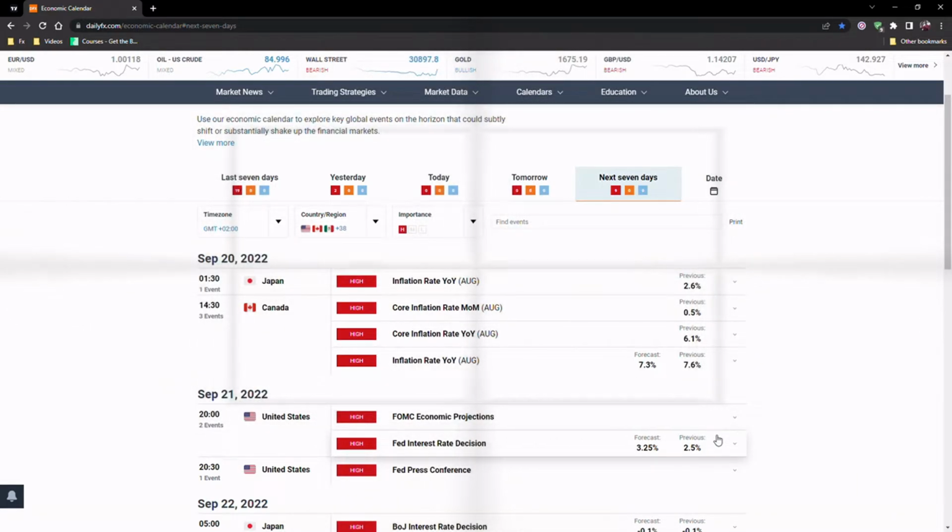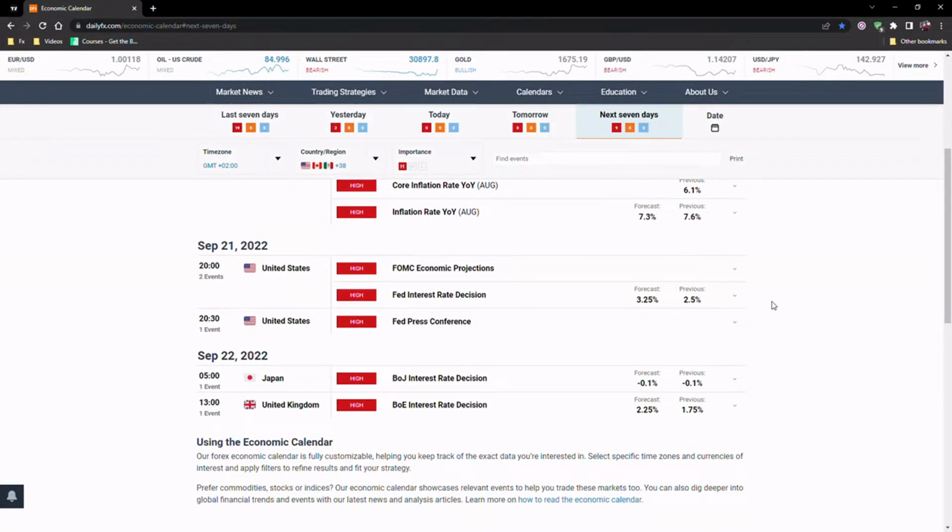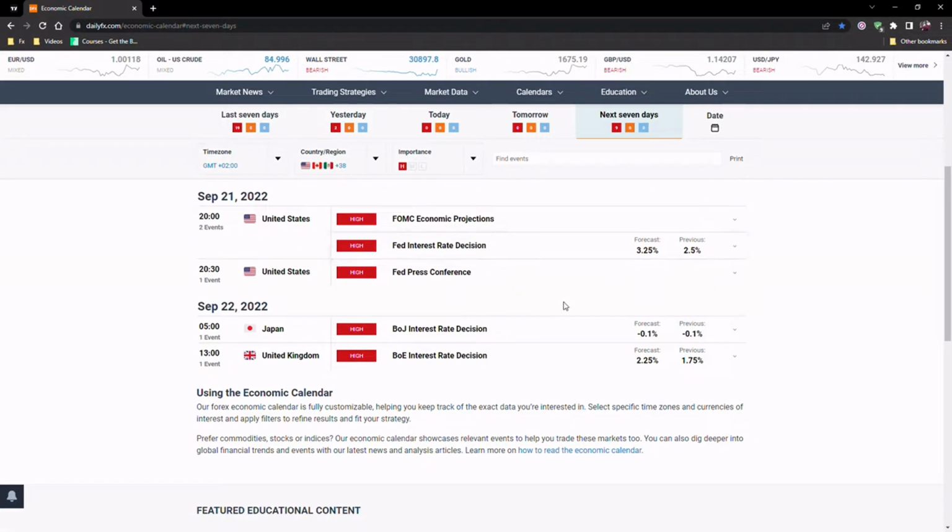Again, looking at the fundamentals for the upcoming week, you can see on the 19th we're not gonna have that much high. We're always on the high ones because the high ones have a greater impact than the medium and low. So on Tuesday we're not really gonna have anything, but then on Wednesday you can see the interest rate and then the press conference as well. So those might be ones where we might look at the events, but mostly the interest rate might affect us. And then on Thursday